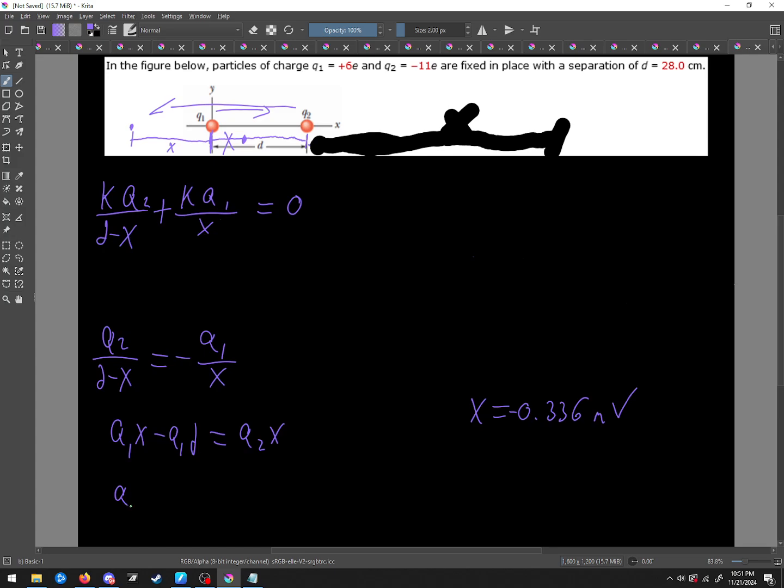Means that Q1 minus Q2 x equals Q1d. So now we're going to have Q1d all over Q1 minus Q2. That's what x should equal. Okay. And this now is going to be